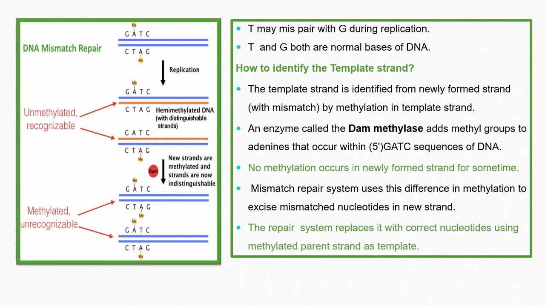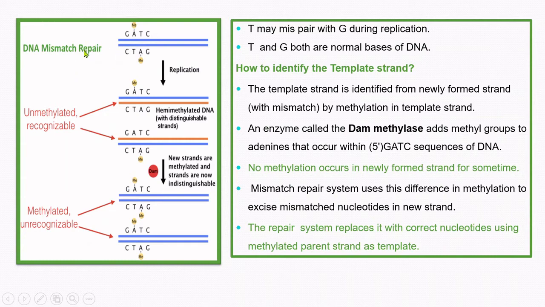So the mismatch repair system uses this difference in methylation to remove the mismatched nucleotides in the new strand, because now it can know that this base I have to remove, because that particular strand is unmethylated, it does not carry the methyl group. The repair system cuts the mismatch and replaces it with correct nucleotides using the methylated parent strand as a template. So, in a nutshell,